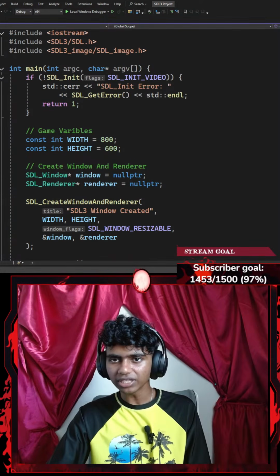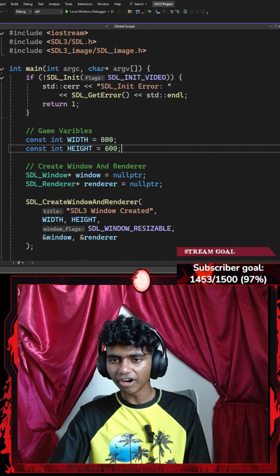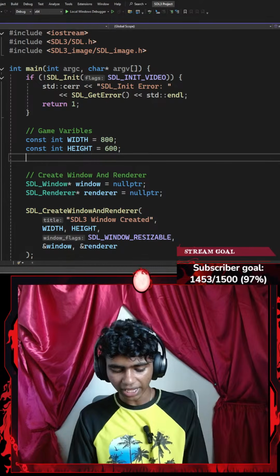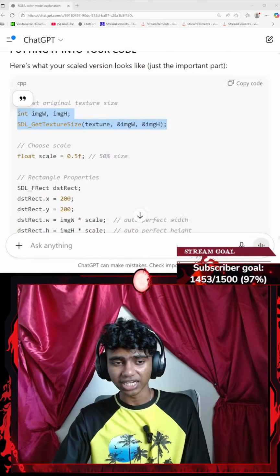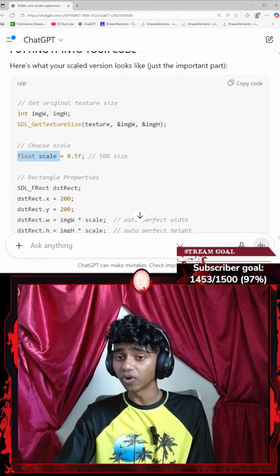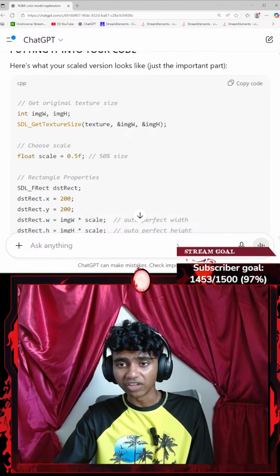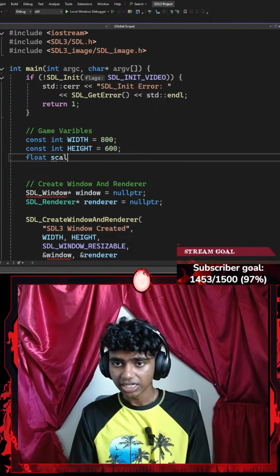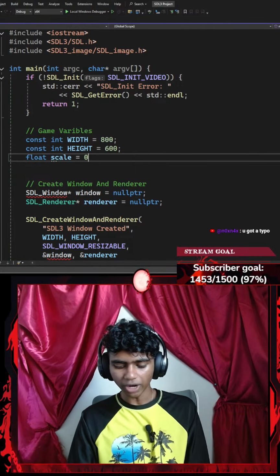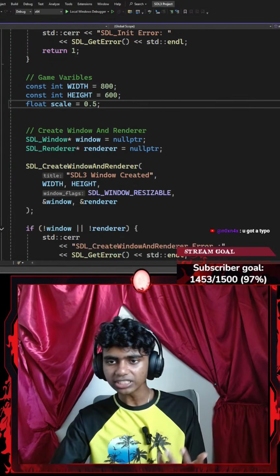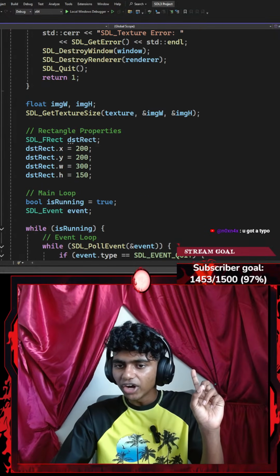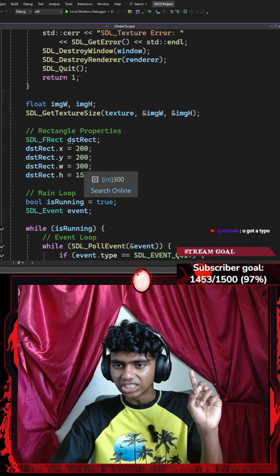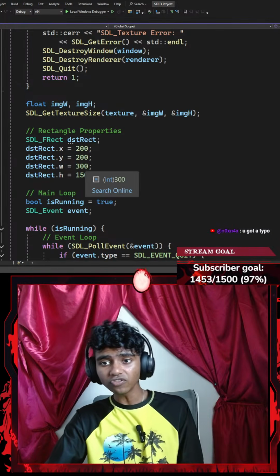So I'll go with something like size. Maybe under my game variables, I'm gonna go ahead and create, was it a floating point size, guys? I keep forgetting. It was a floating point scale of 0.5. So let's create a floating point scale variable, which is set to 0.5, which is basically 50%. And then under my DST rect, instead of going with 300 and 150,